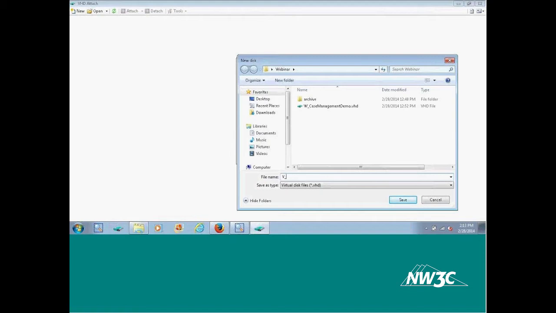So a good naming convention that I use and I recommend is starting the file name with the drive letter you're going to assign the VHD to. So here I'm going to assign this VHD to V, so my case name I'm going to start with V and then followed by whatever my case is going to be. So this will be where you could name it uniquely for your case that you're working on. So I'm going to name it Case Management Demo